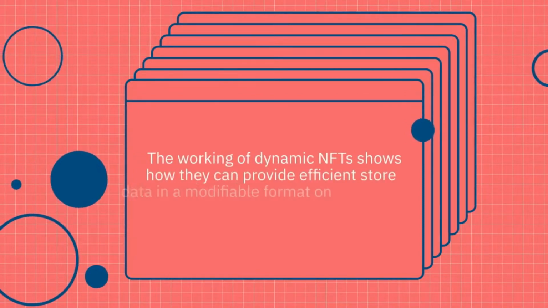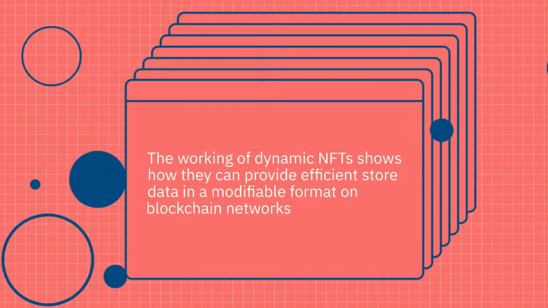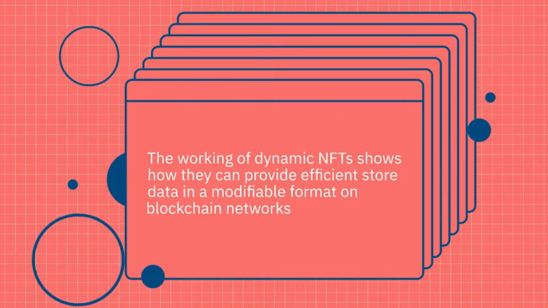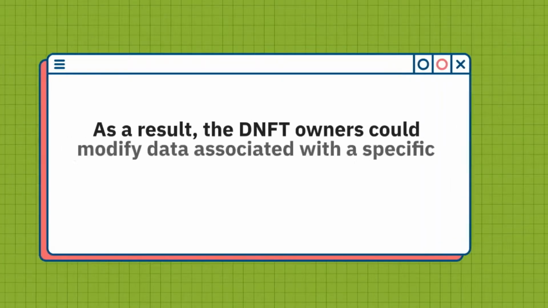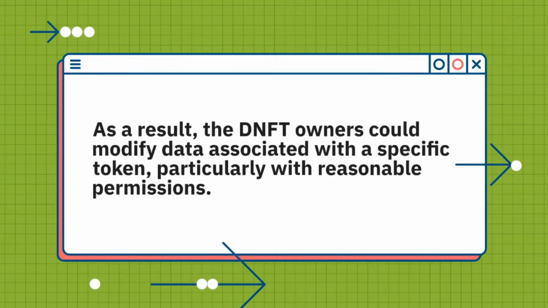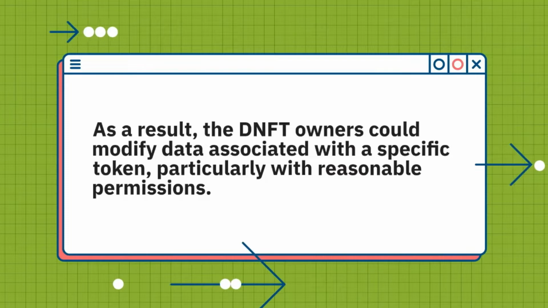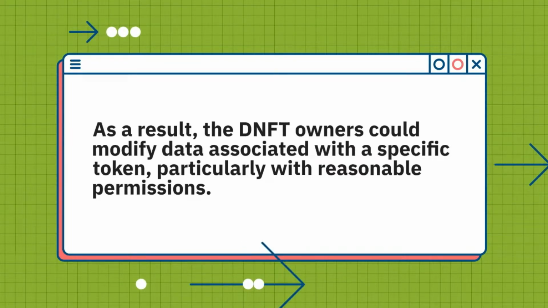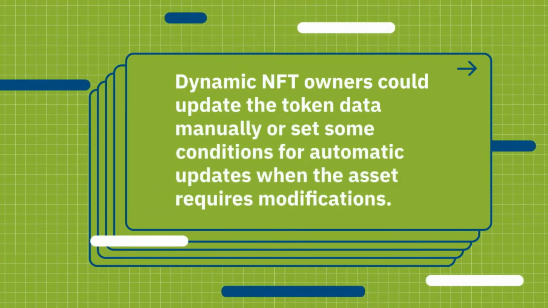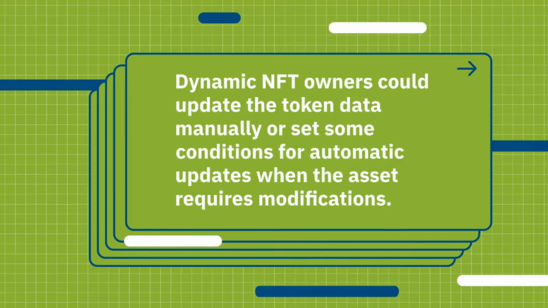The working of dynamic NFTs shows how they can efficiently store data in a modifiable format on a blockchain network. As a result, the DNFT owners could modify data associated with a specific token, particularly with reasonable permissions. Dynamic NFT owners could update the token data manually or set some conditions for automatic updates when the asset requires